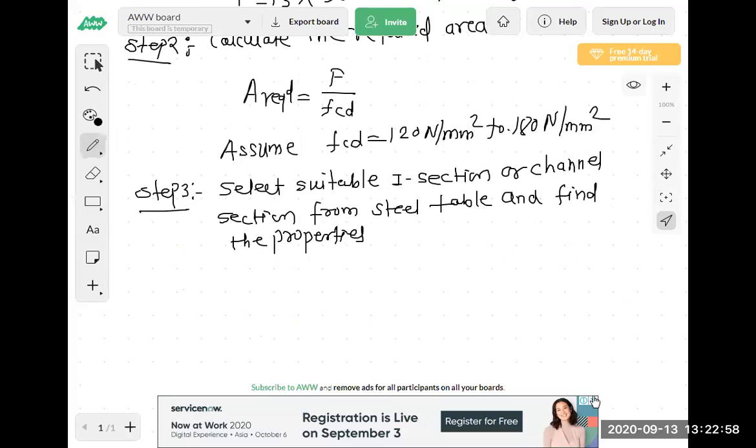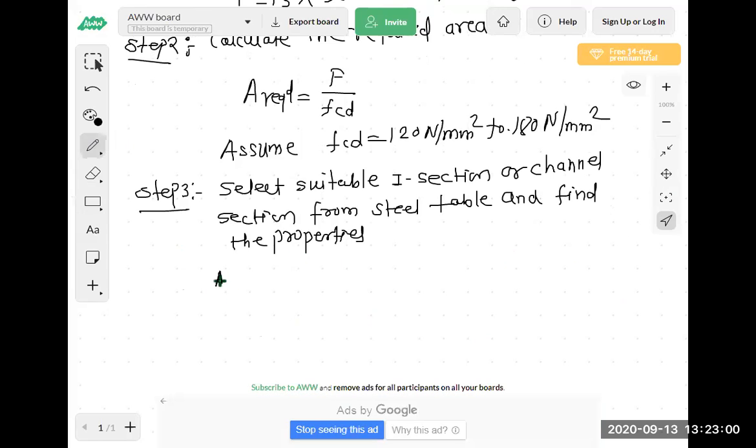So the properties required are area, then width of flange, BF, then TF,